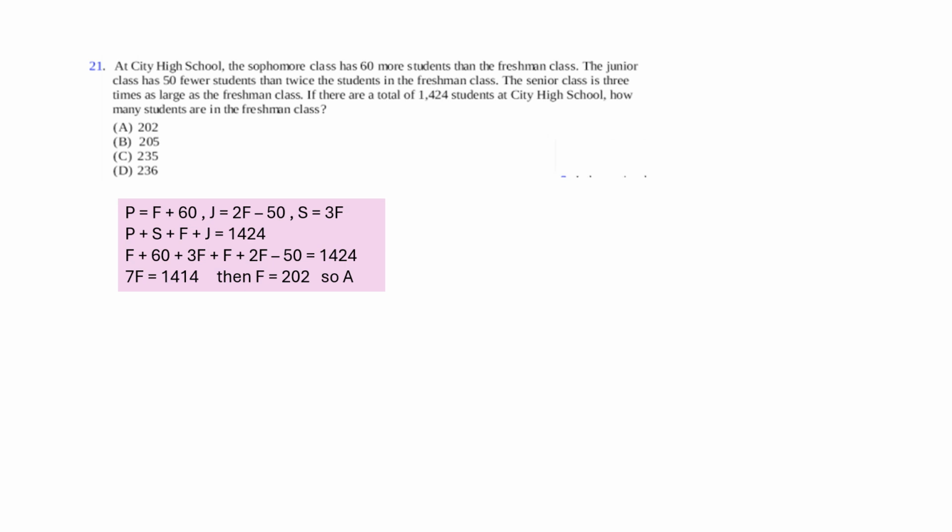So I can replace P, S, and J in terms of F. So I write F plus 60, which is P, plus 3F, which is S, and write F as itself, and J was 2F minus 50. I change it into a one unknown equation, so you can solve it. 7F equals 1,414. Then divide by 7, F equals 202, which is choice